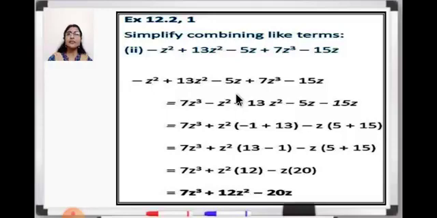Now we will go for z. So minus 5z minus 15z. So we have arranged it in descending order. So you can also do it in this way. And then we will write again 7z cube plus, now we will take the variable outside the bracket. So here it is done, z square is taken outside, and then here minus, if there is no number written, 1 is there, you know. So minus 1 plus 13, bracket close.